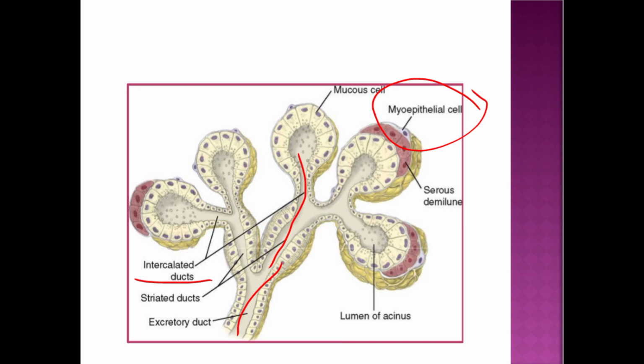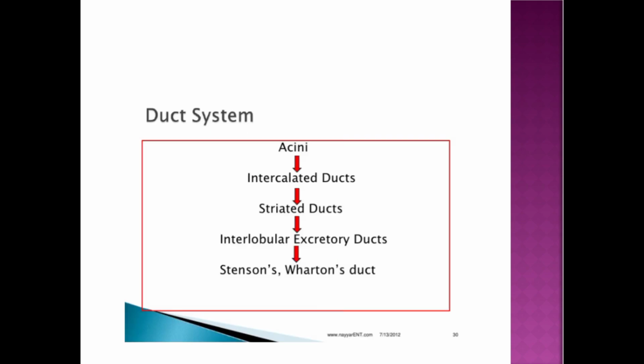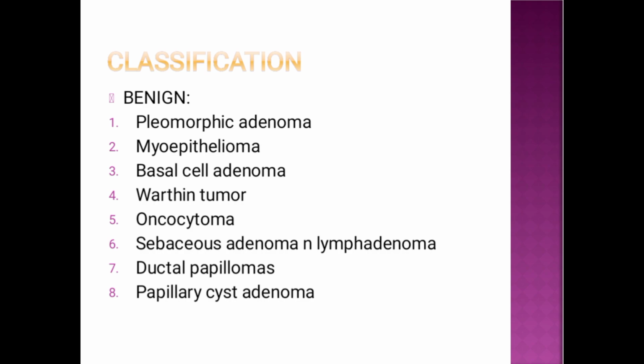Okay, you can see the mucous cells also. Here basically acini, then intercalated duct, striated, interlobular or excretory duct you can say. Then you have Stenson or Wharton duct you can say. Then you have the classification, very important. What are benign: pleomorphic adenoma, basal cell adenoma, myoepithelioma, Warthin tumor,